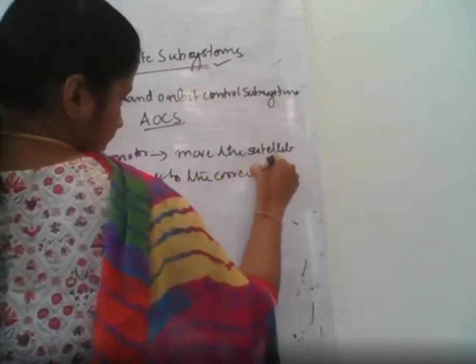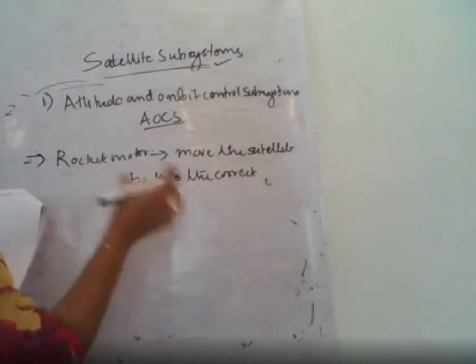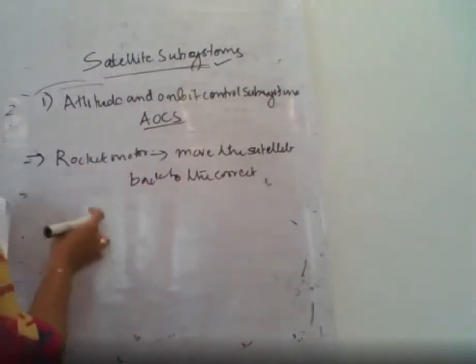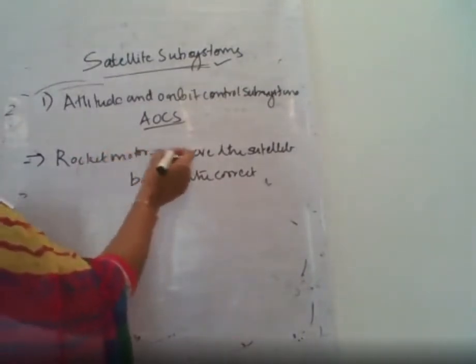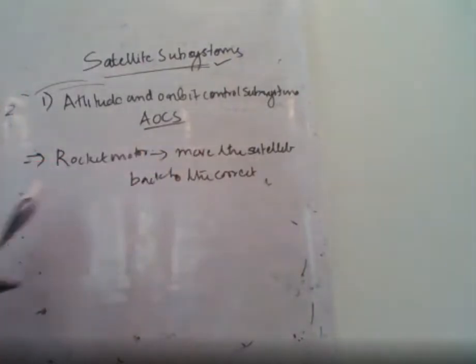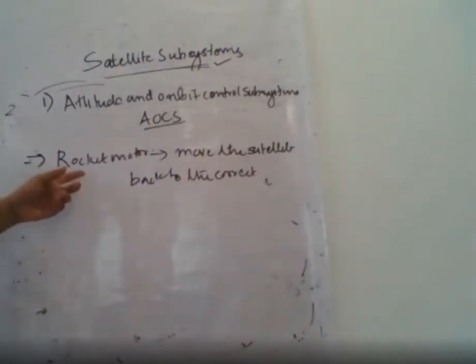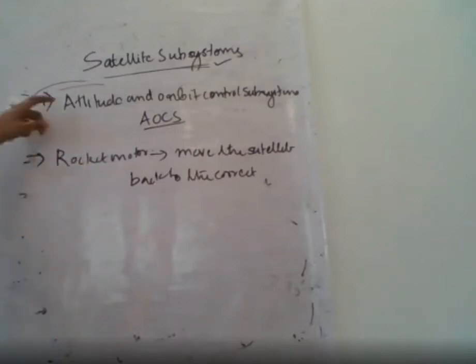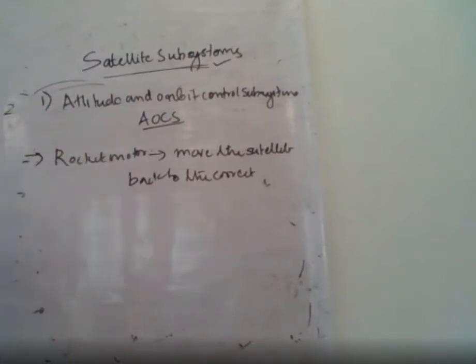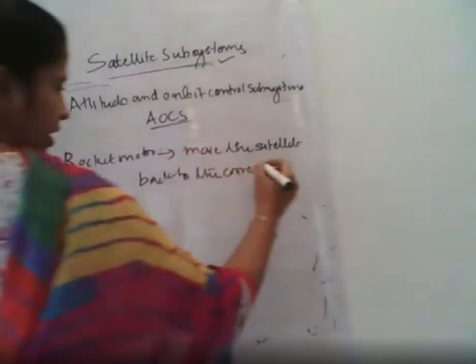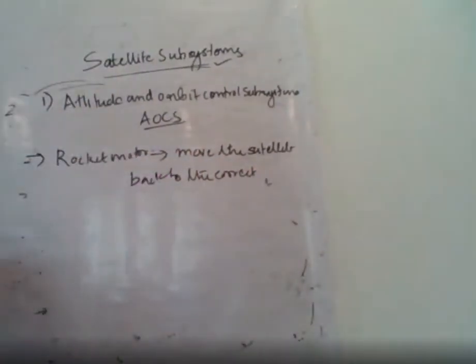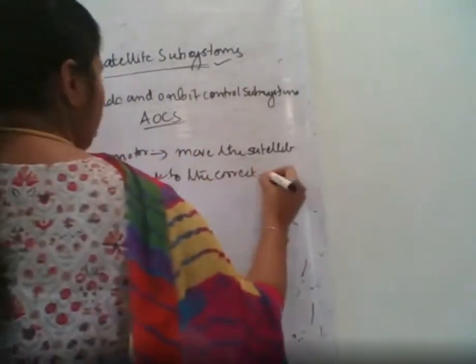Whenever the satellite deviates from its original orbit or its path, this rocket motor is used. That is, AOCS consists of a rocket motor. It moves the satellite back to the correct orbit, and this happens when